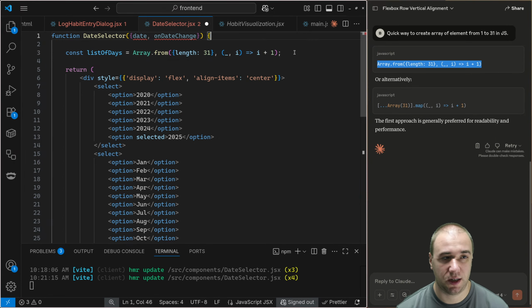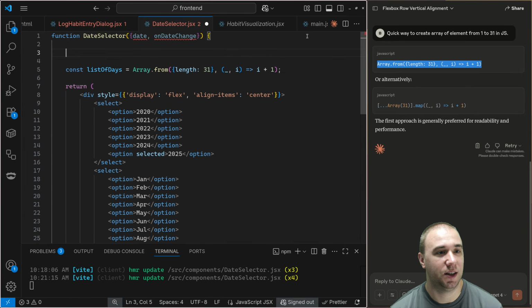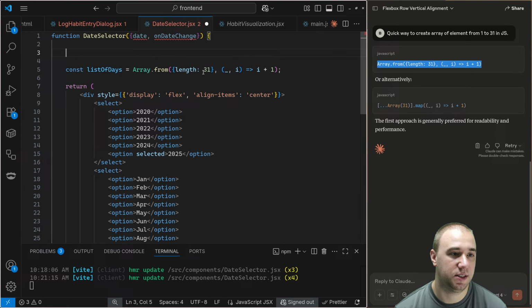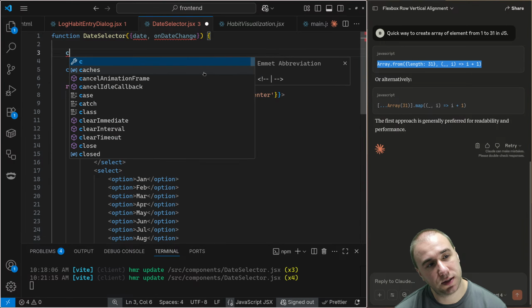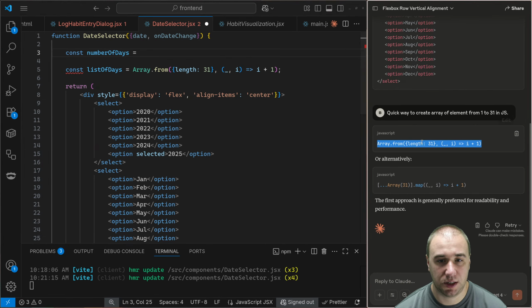We want to recalculate everything every time from scratch. So if we have a date, we can basically extract that constant. Oh no, we actually don't have to. So let's say constant number of days. We can do something very similar. So this will be, so what this suggested,